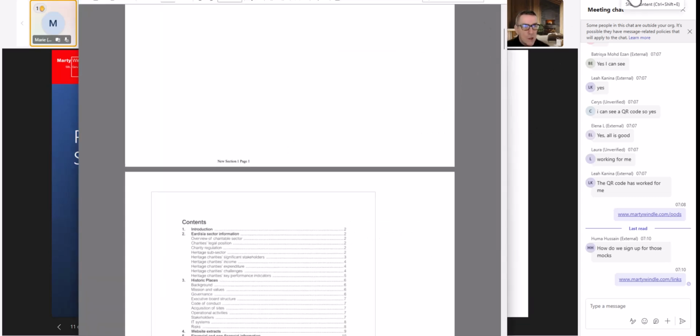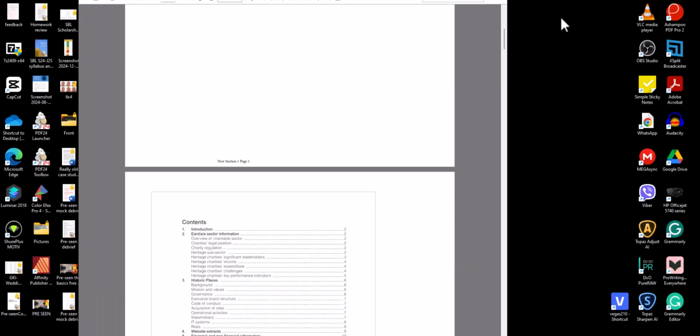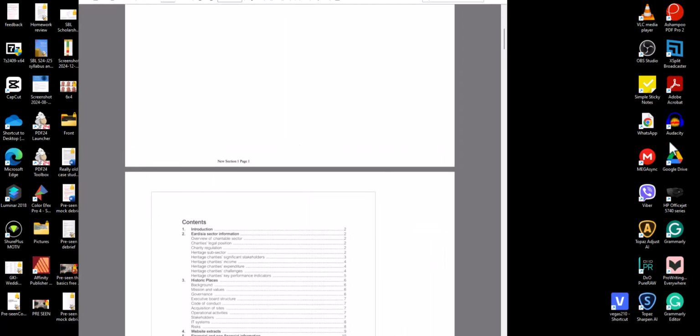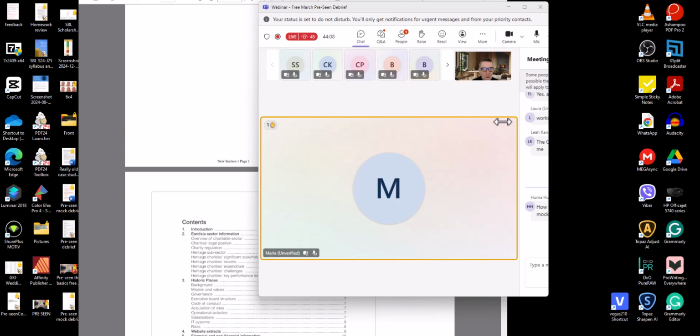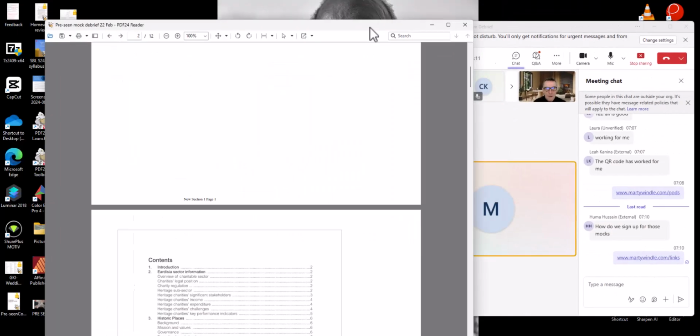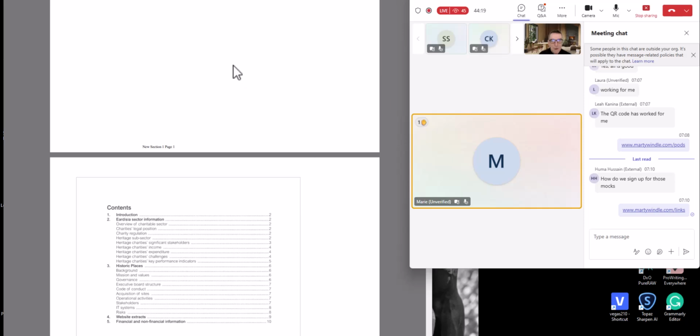Okay, let me just share my screen. This one. Okay, there we go. Oh dear, now what? I cannot see the group chat now. Let me just make this a bit bigger. There we go. Sorry about this. I'm using this Teams. It's a bit weird. There we go. So we've got these side by side. Okay, it's a little bit bigger.